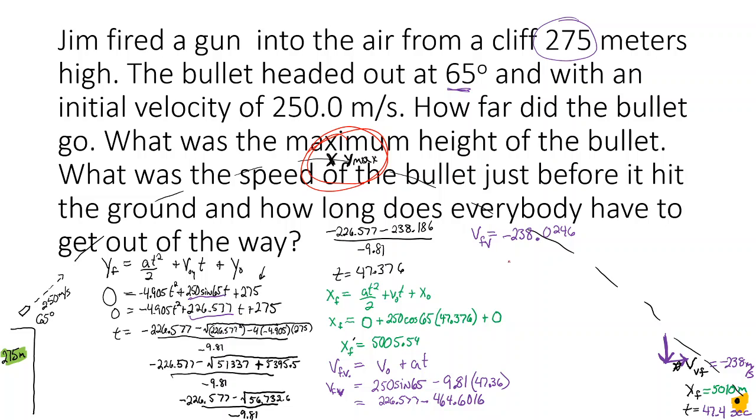And so we've learned already this year that we start with the motion equation for velocity final. So the vertical velocity final at the maximum height is equal to the velocity initial plus acceleration times time. The final velocity is equal to 0. The initial is, again, equal to 250 sine 65. The acceleration in the vertical direction is 9.81 meters per second squared, and t is the time. So I could just move 9.81 to the other side, and we already calculated 250 sine 65 earlier in the day, and we got that to be